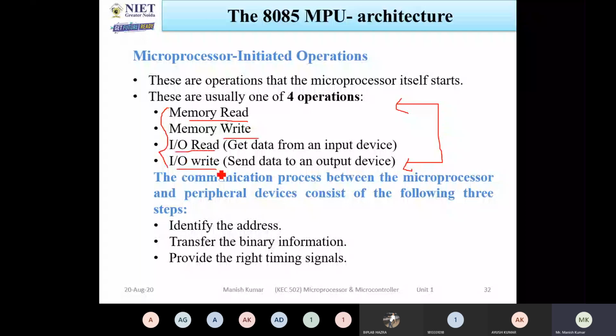See that in the system or in the processor, what will it do? Either it will write or it will read. There are two operations: either reading or writing. So reading means you can check the data from memory. Writing means you can store the data to memory. Whenever we are talking about writing, it means that we are storing data somewhere in the memory.